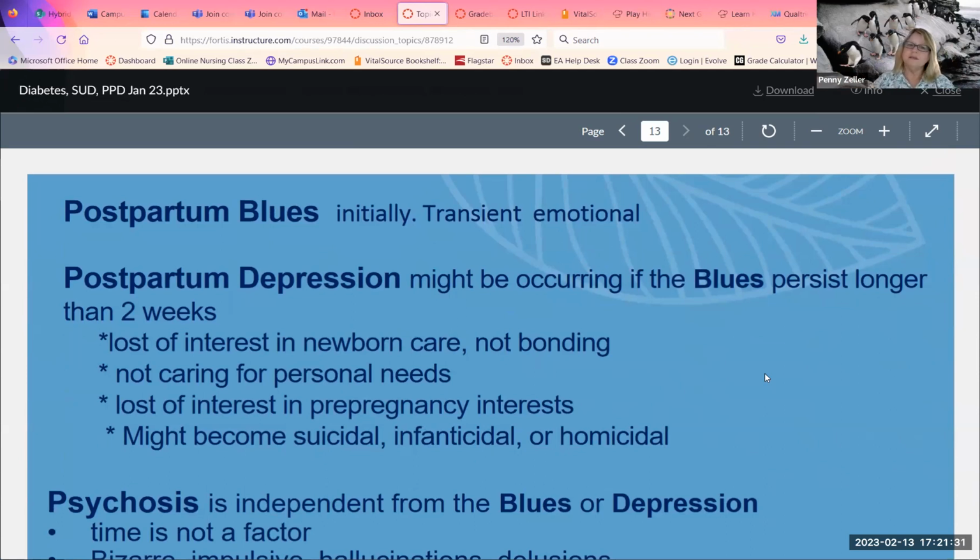And some things you might see in a depression, like anybody else, losing interest in day-to-day life. You don't have an interest in doing things that you used to enjoy. Okay, not really taking care of yourself. Yes, you might become suicidal. It doesn't mean you're psychotic, infanticidal, homicidal. It just means you have some depression going on and you're trying to deal with it. It doesn't mean you're psychotic, okay? The difference,